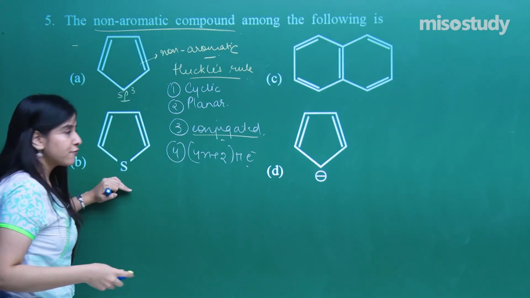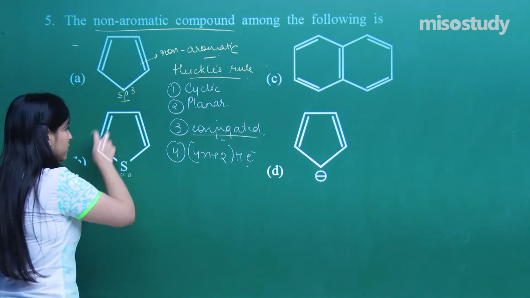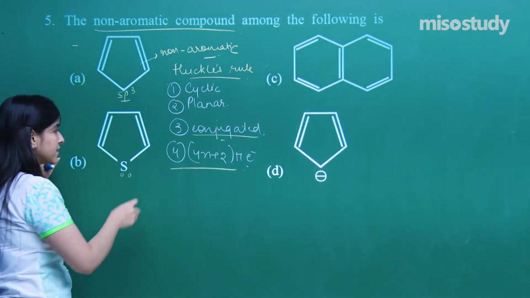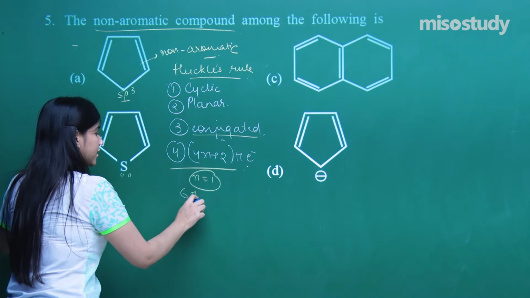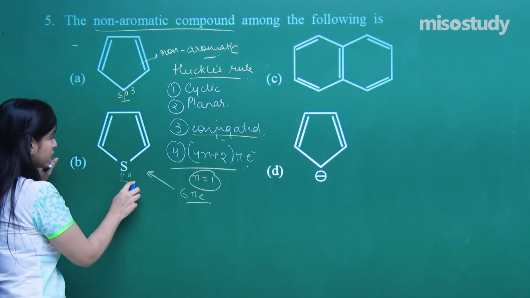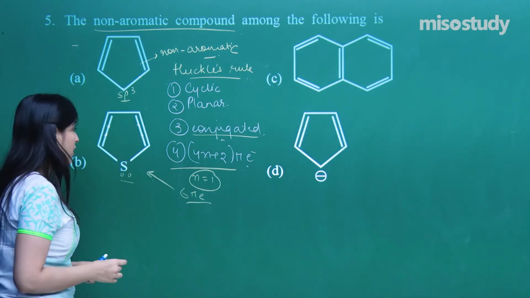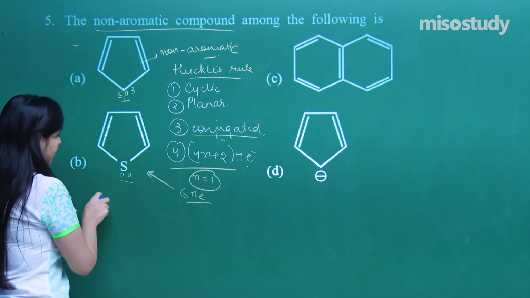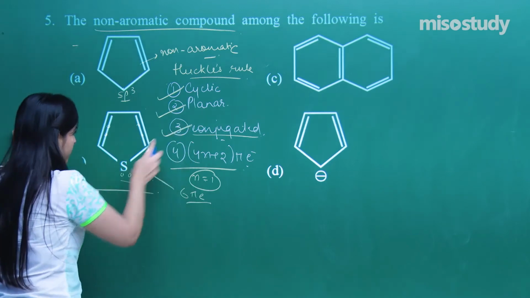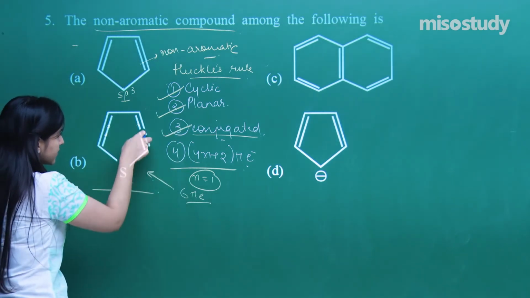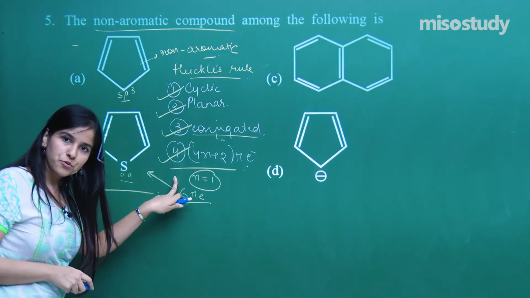If you look here carefully, let us analyze all the other options. Sulfur has electrons. It will be involved in the 4n plus 2 pi system. That means if I put n equals 1, I get 6 pi electrons for this particular compound: 1, 2, 3, 4 and 5, 6. So that is how we are counting the electrons. I hope everybody is getting my point. So it will follow Huckel's rule. It's cyclic, it's planar, it is conjugated, double, lone pair, double. So that is how the conjugation is, and it is following the 4n plus 2 pi system as well.